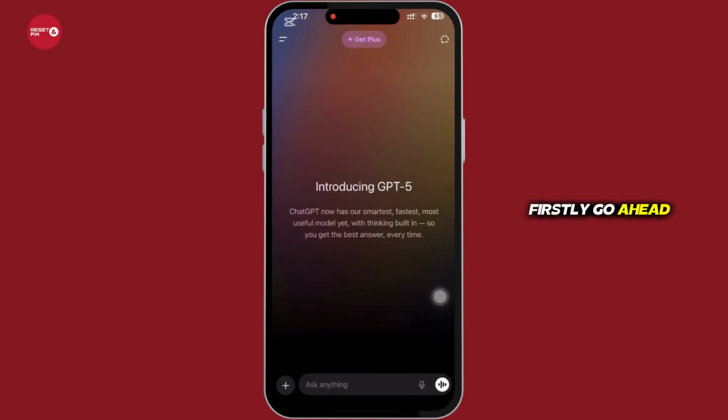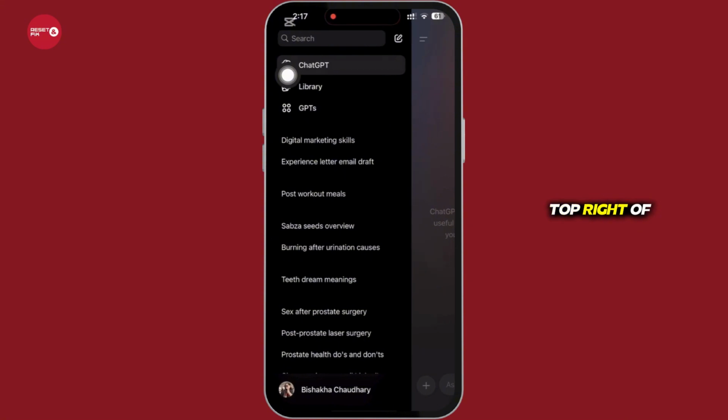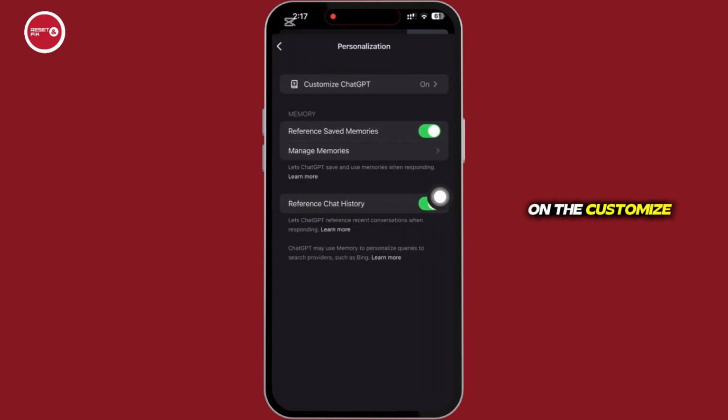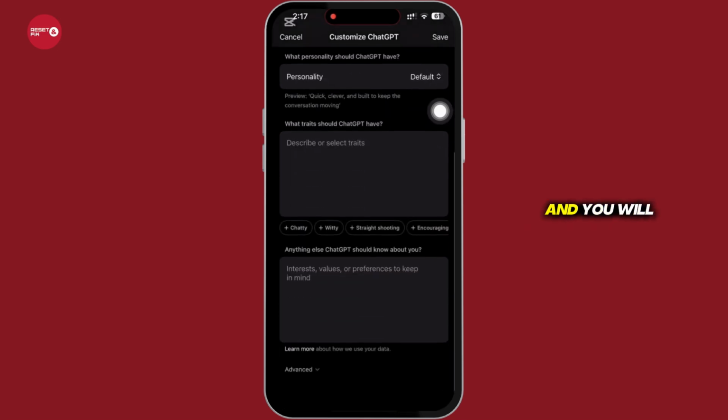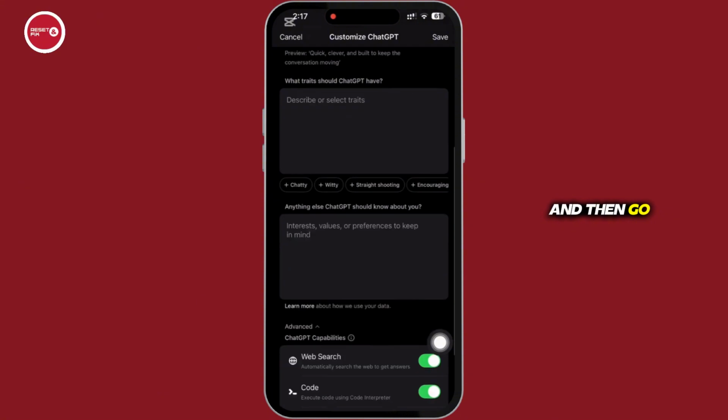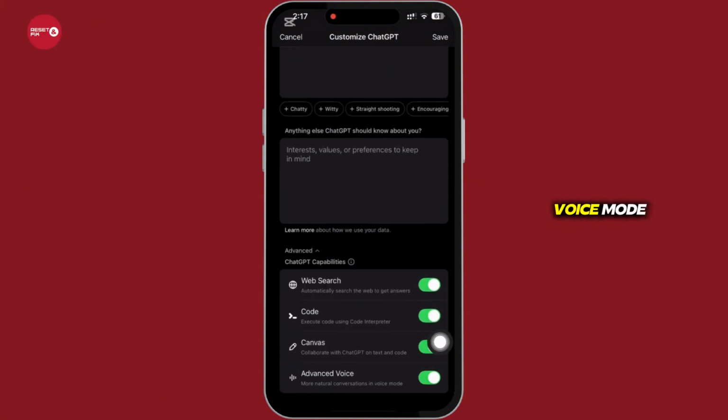Firstly, go ahead and open the ChatGPT application on your device and then tap on the two lines on the top right of your screen. Now, tap on your name at the bottom you see there and then tap on the personalization option and further tap on the customize ChatGPT option you see there. Now scroll down and you will see the advanced drop down. Tap on that and then go ahead and toggle off the advanced voice mode toggle button and then tap on